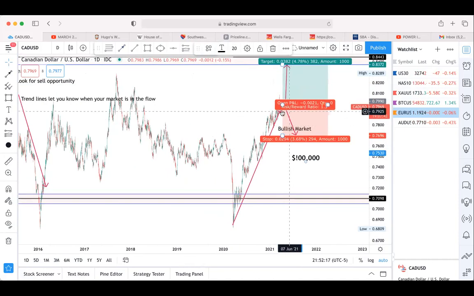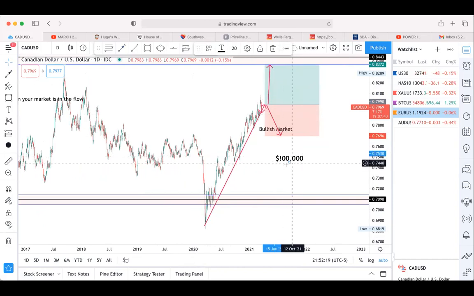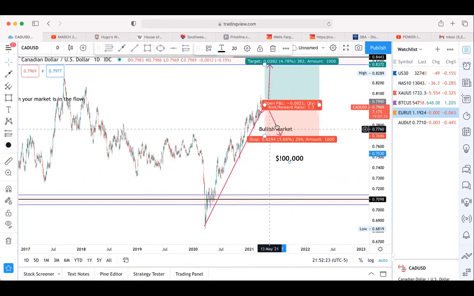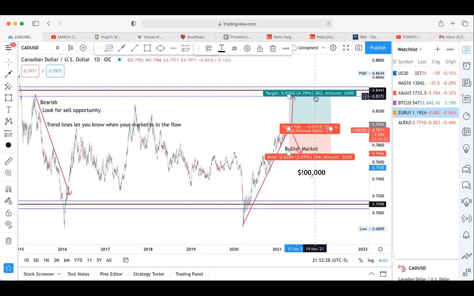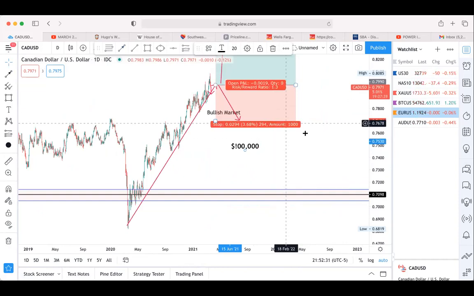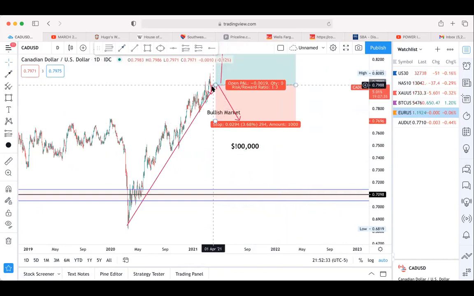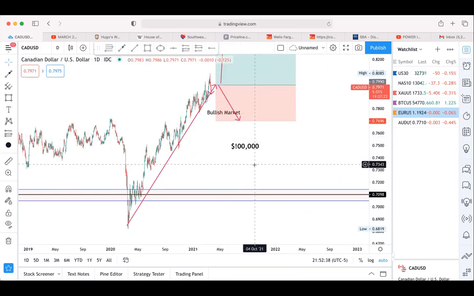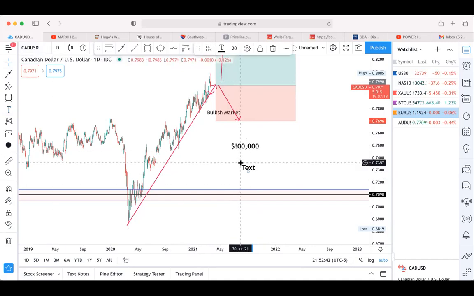And if I enter this trade and my account balance is $100,000, and I don't put a take profit, which is up here, or a stop loss, which is down here, then if this market doesn't go up and starts to go down, every time it goes down, I lose, if I enter this market with a lot size